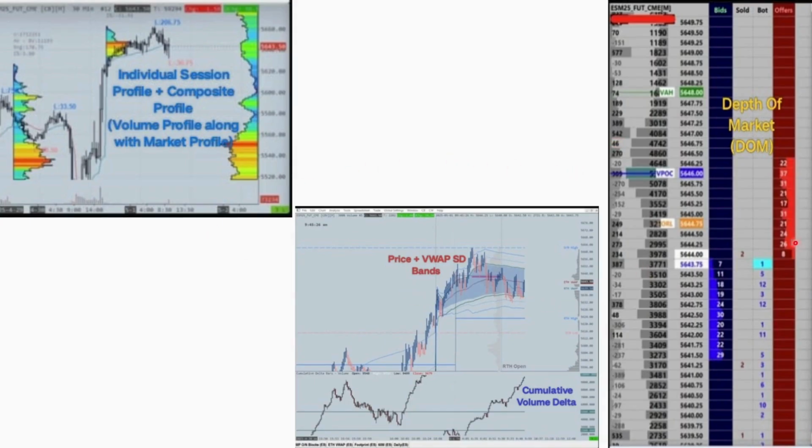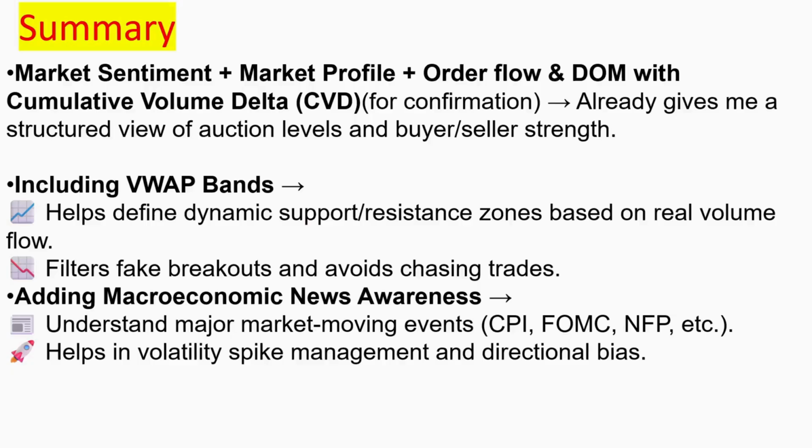In conclusion, this comprehensive approach combining market sentiment, market profile, order flow and cumulative volume delta provides a solid framework for understanding market dynamics. It allows us to define dynamic support and resistance levels using VWAP and filter out false signals and make more